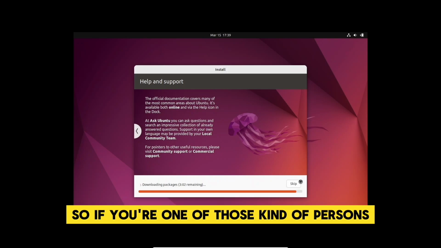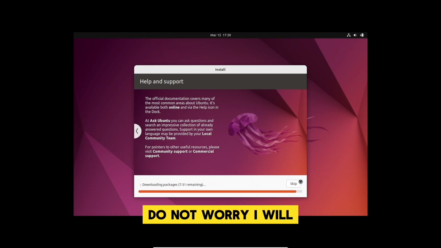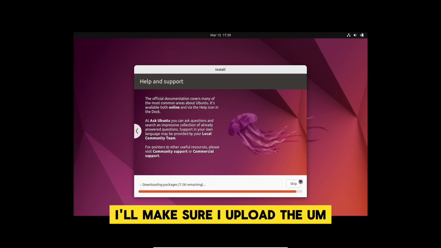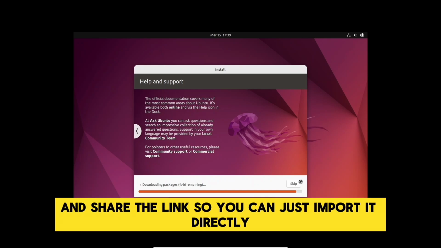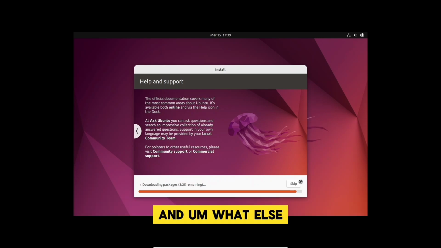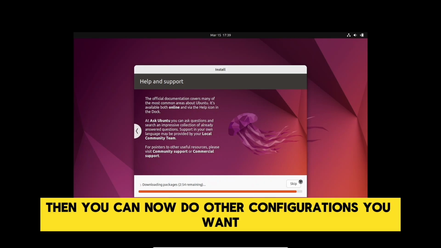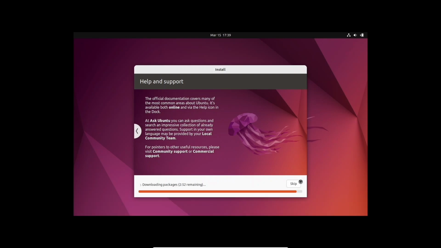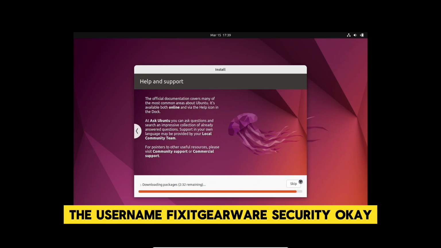So if you're one of those persons who are not really tech savvy, do not worry. I'll make sure I upload the .ovf file on the cloud storage and share the link so you can just import it directly. And what else? Then you can do other configurations you want. But the only issue is that it might bear the username